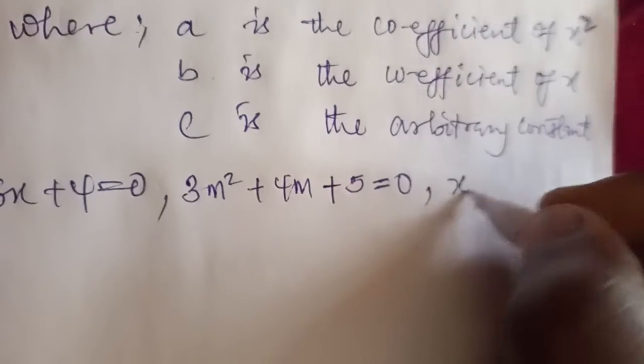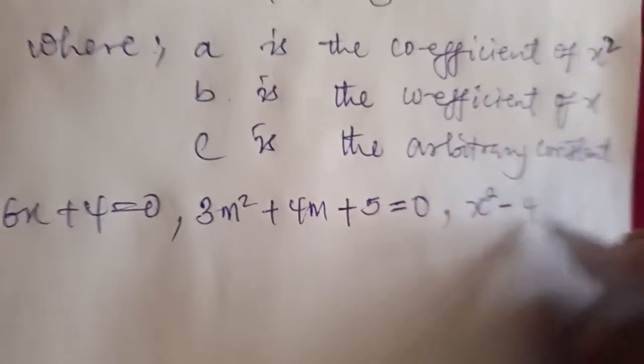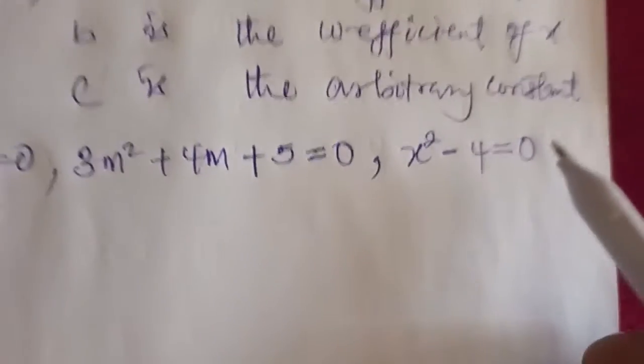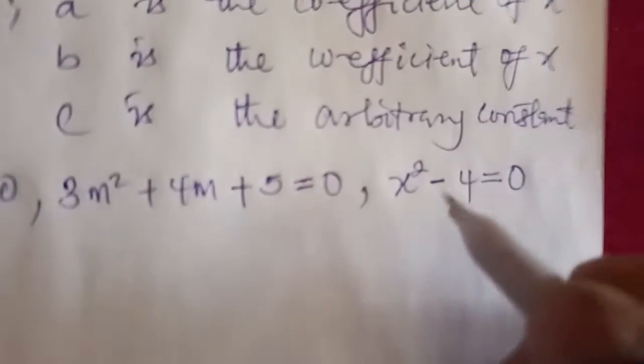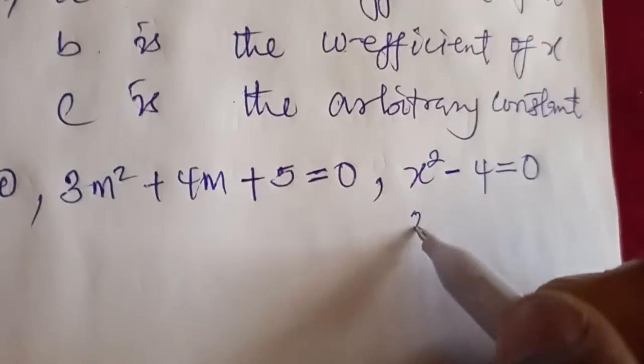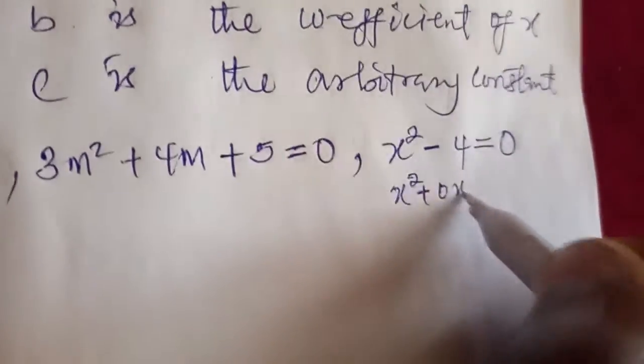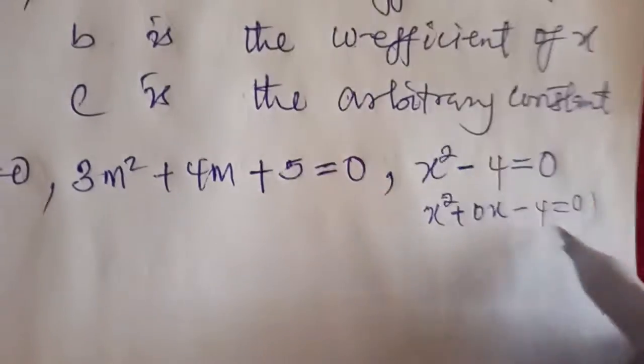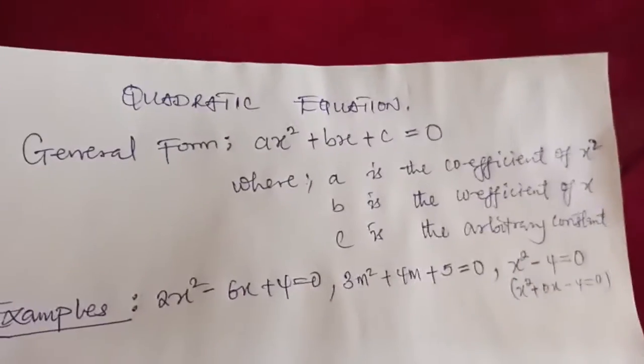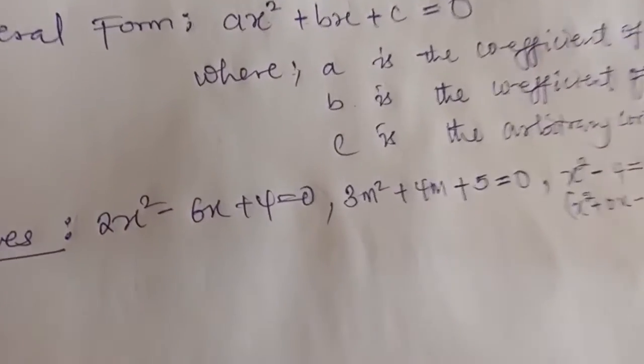Another example, I can have x squared minus 4 equals 0. This too is a quadratic equation. Some might ask, why is the middle term 0? In this case, this equation can be written as x squared plus 0x minus 4 equals 0. So now that we know what a quadratic equation is, how do we solve a quadratic